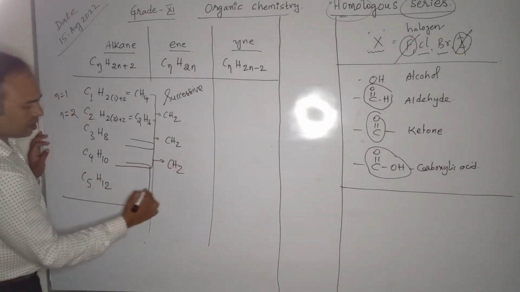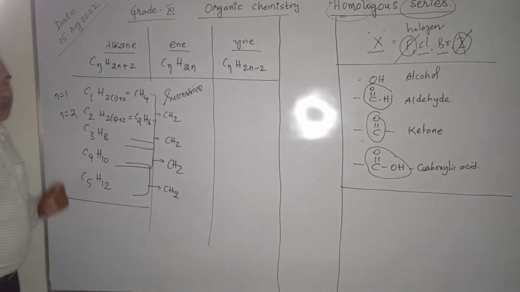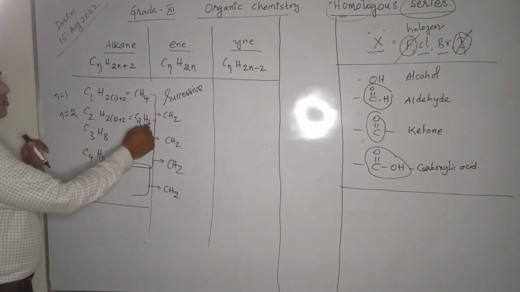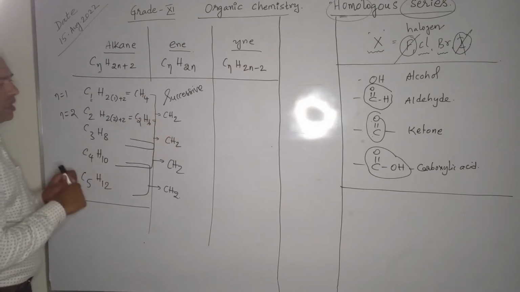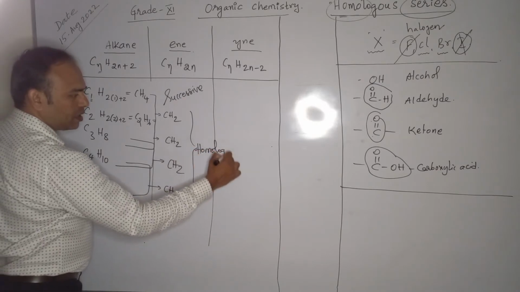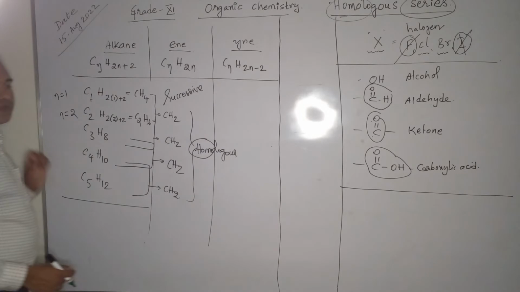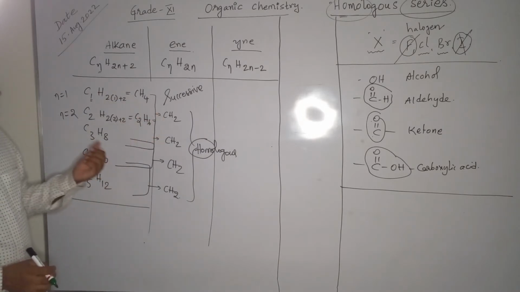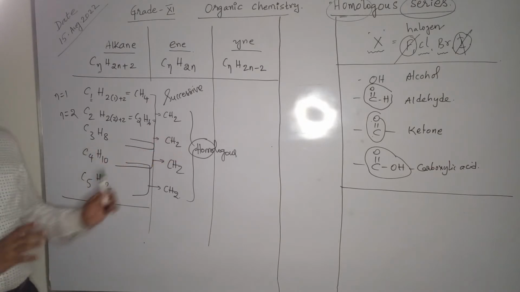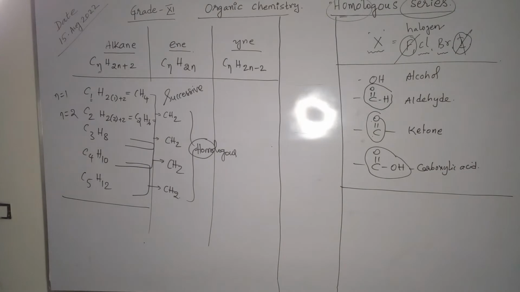So what can I write finally? If you take alkanes with the general formula CnH2n+2, the first 5 members, or first 5 compounds, the difference between the successive members is the same. So therefore, can I say it is homologous? According to our discussion, homo means something is same. Here, the difference between the successive members is the same, which is the CH2 methylene group. So hope you have understood this. Similarly,